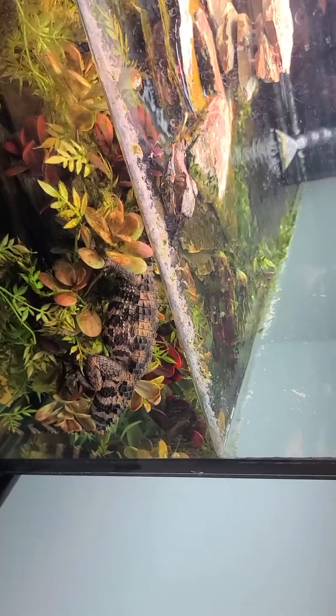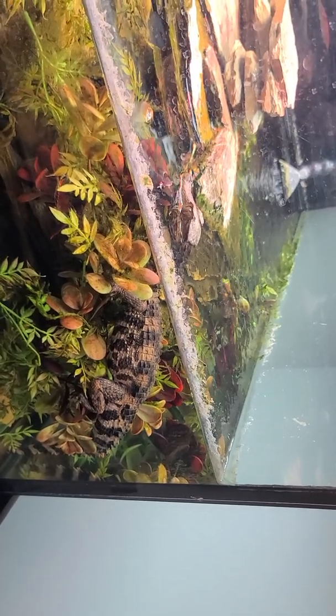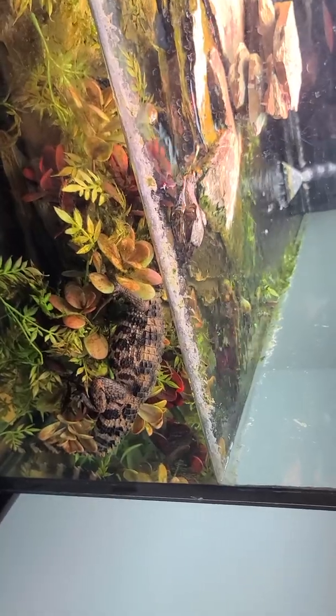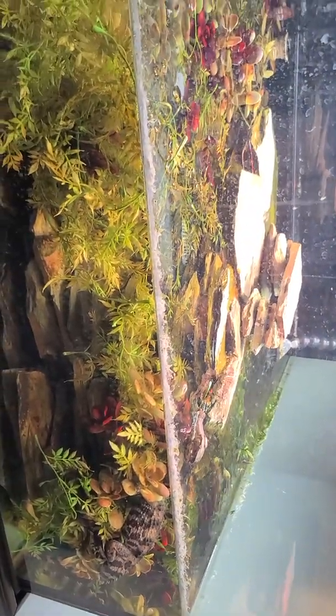And once we do that, we're going to move the Indian spotted turtles into this, because right now they're in a 50-gallon pond, which is fine, but this will give them a little bit more space and they'll be much more viewable, and they're awesome. So I'd like to be able to enjoy viewing them a little bit better. But anyway,